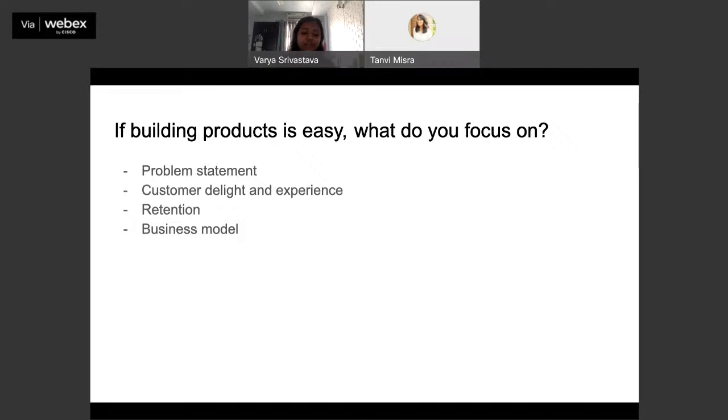Then I need to see, are there specific pockets or places where there are more people who are homeless versus others? Because Delhi is a vast geographical landscape. You will not find an equal number of homeless people in all parts of the city. So maybe I'd start by mapping out and seeing what are the spaces where they are the most.